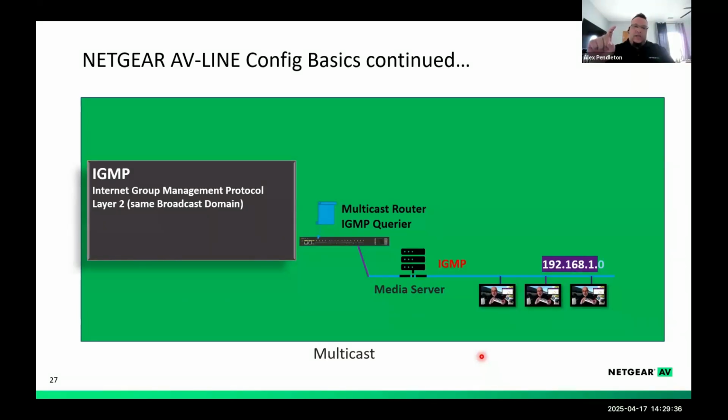And there's a 600-second timeout by default on NETGEAR that will tick down until the query message is received by the endpoint. Then it'll bounce back up to 600 seconds and tick back down again. And this happens to keep everything streaming so that the switch knows that this port is still receiving that stream and still listening to that multicast group.